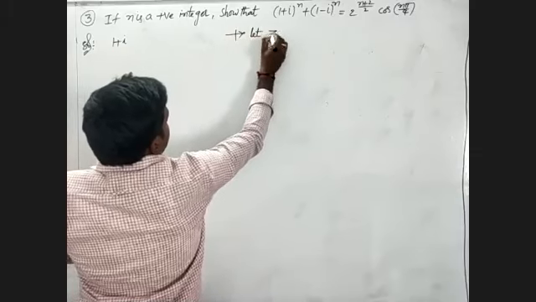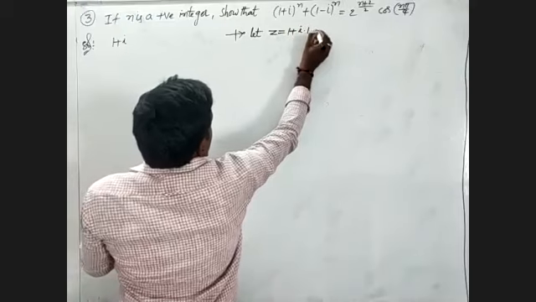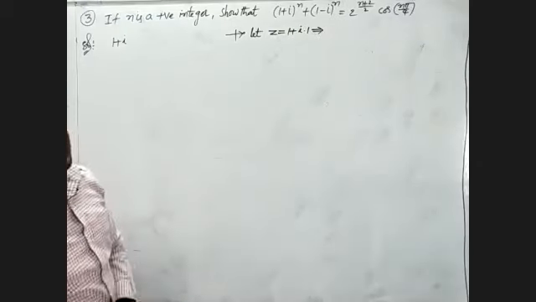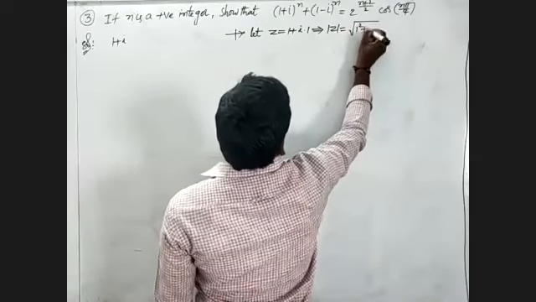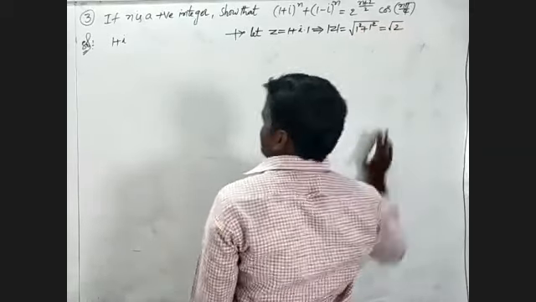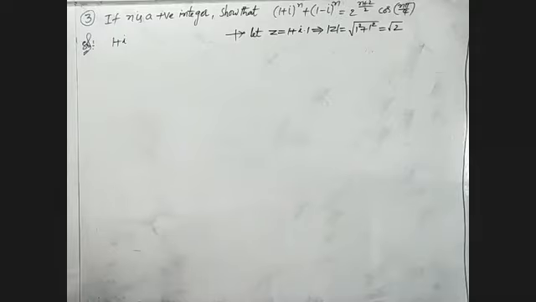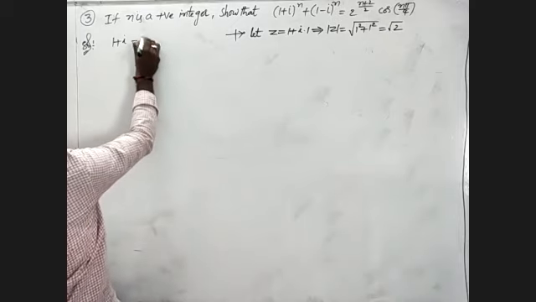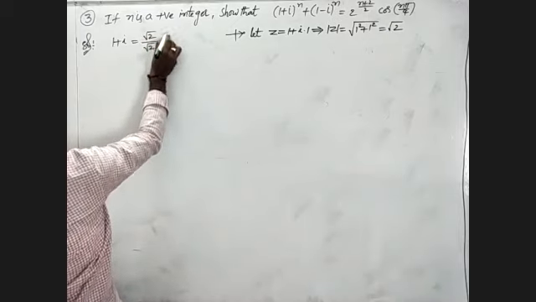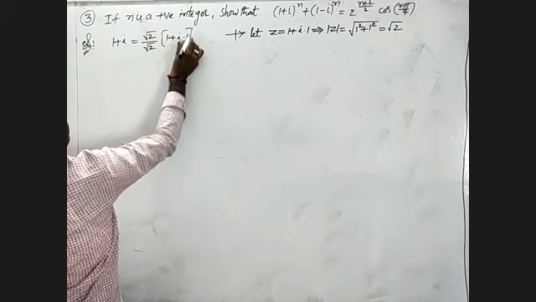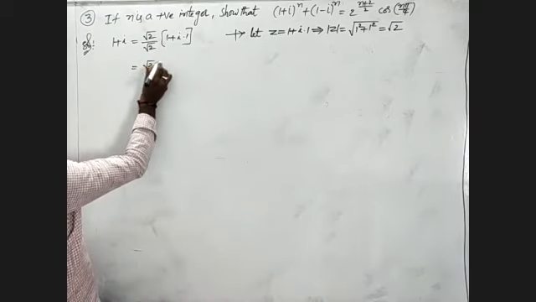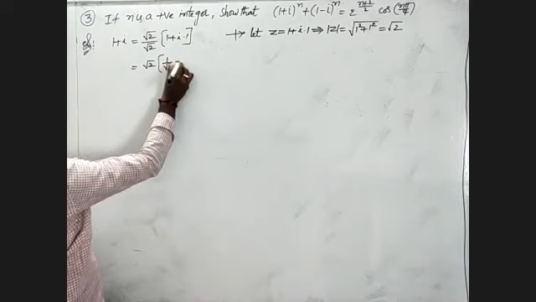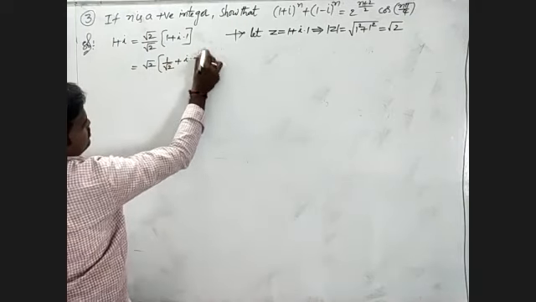Let z is equal to 1 plus i into 1, and that implies, here we will take the mod of the given complex number, that is mod z is equal to root of 1 square plus 1 square, which is nothing but root 2. Here the numerator and denominator can be multiplied and divided by root 2, so I will write root 2 by root 2 into 1 plus i into 1. This becomes root 2 into 1 by root 2 plus i into 1 by root 2.